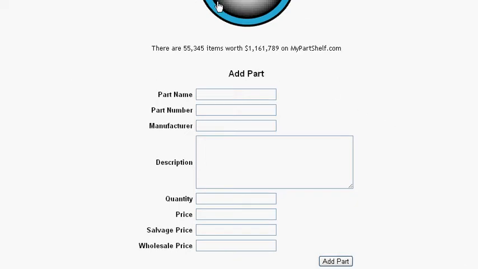Alright, we're going to put in a part name, and we're going to call it ZZZ pump. And the part number is going to be Z1345, manufacturer ZZZ, and the description we're going to put in Z pump, and we're going to say we have it located in bin 37 and that it works on a Maytag G. It's got a cross-reference number of 13578,